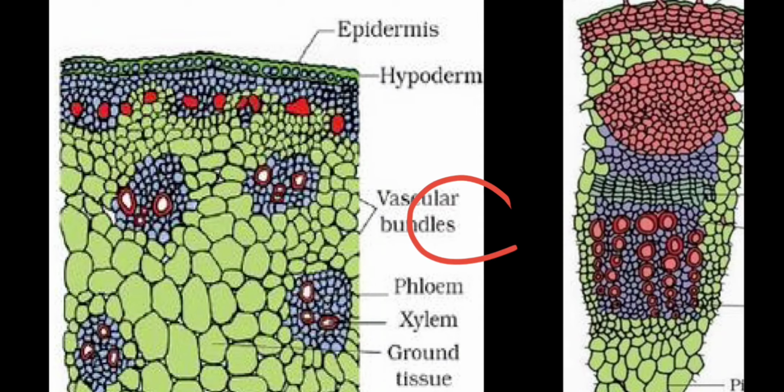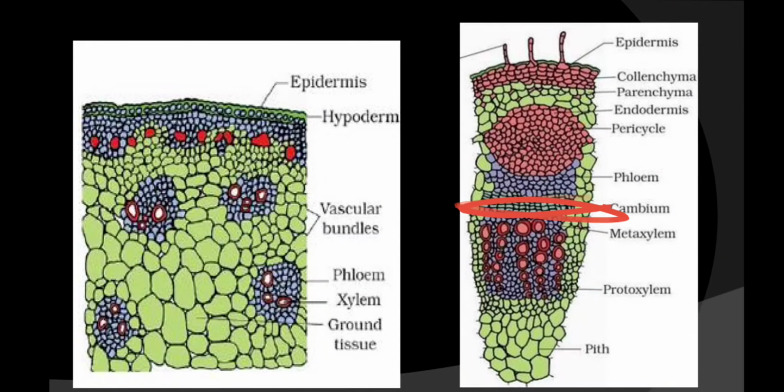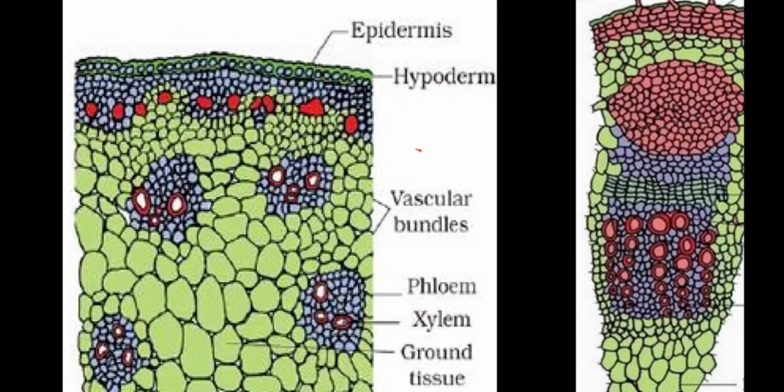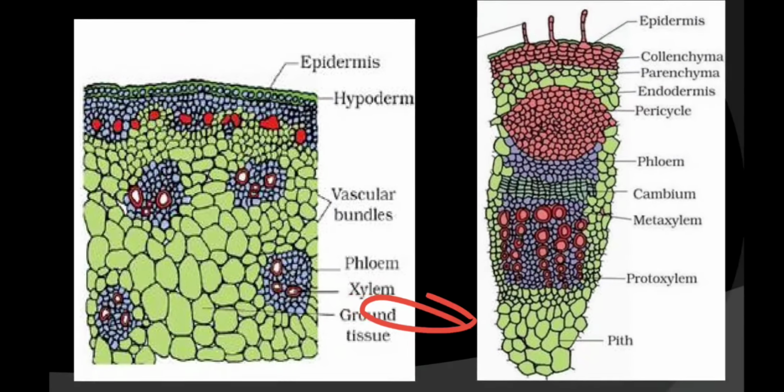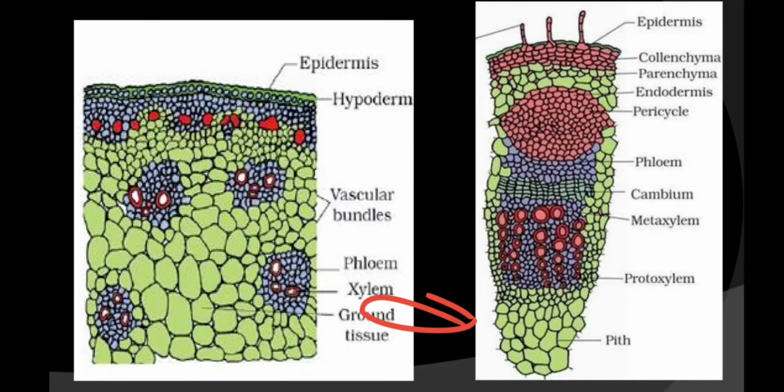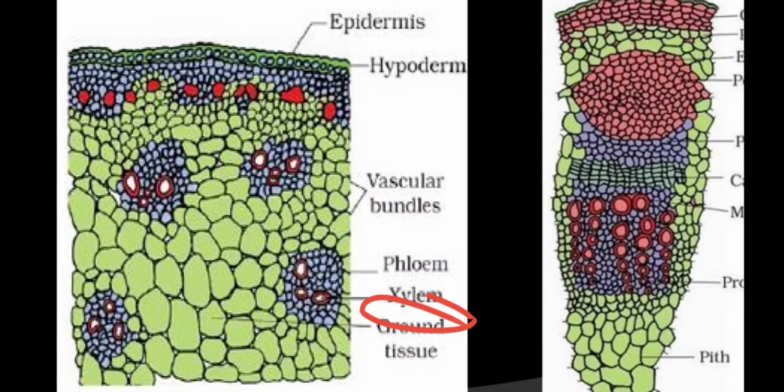In the dicot stem you will see the cambium ring is there. In the monocot you are not able to see the cambium ring, so they are of closed type. And the arrangement of the xylem is the same as in the dicot stem, meaning protoxylem is towards the center and metaxylem is towards the periphery. But they are in the form of a Y. These are the metaxylem and this is the protoxylem, so they make a Y pattern.